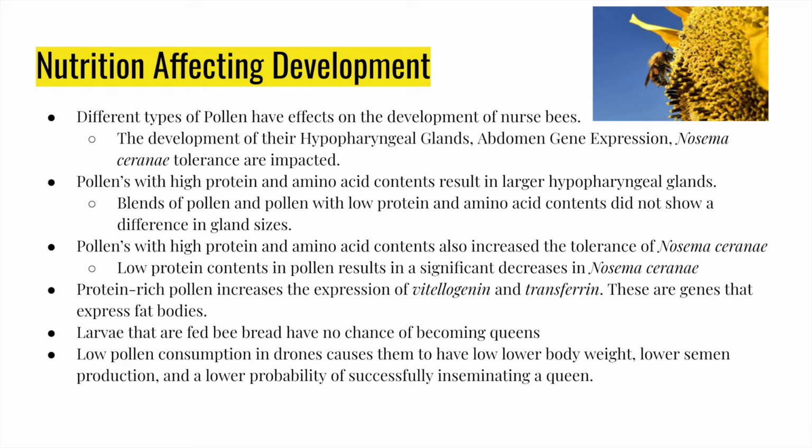One of the major factors of nutrition is its effect on the development of honeybees. Pollen can be separated into two main categories. There are monofloral pollens and polyfloral pollens. These types of pollens have different protein compositions, which result in either fast growth of the hypopharyngeal gland, prominent expression of genes in the abdomen, and a high tolerance for Nosema ceranae, or it leads to no effect on these